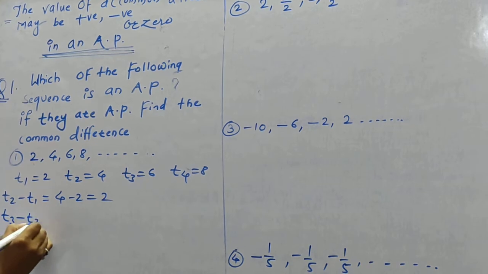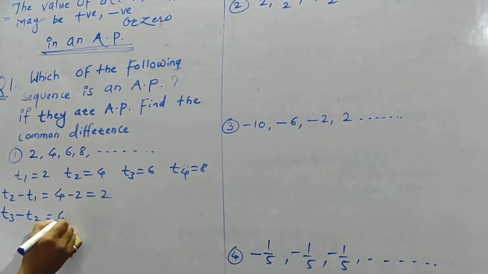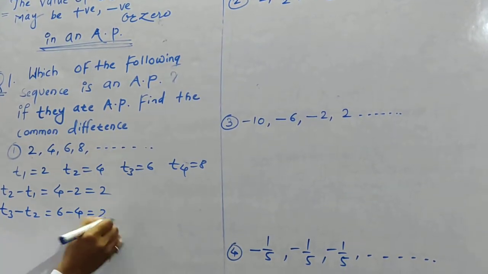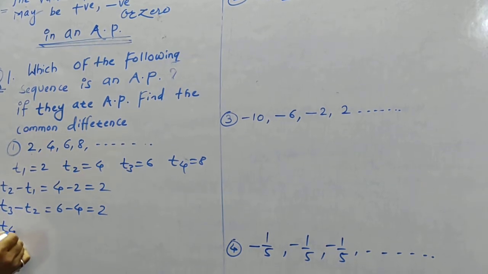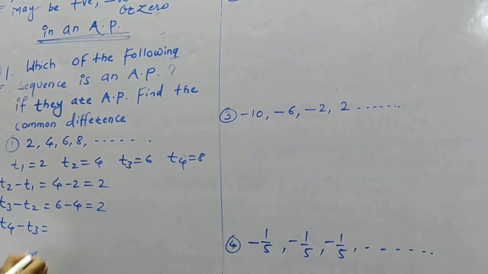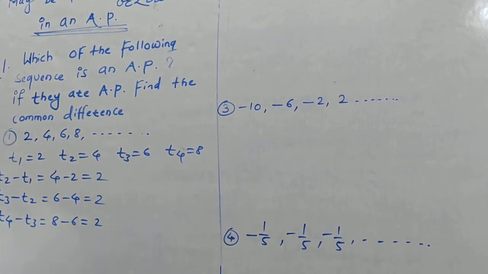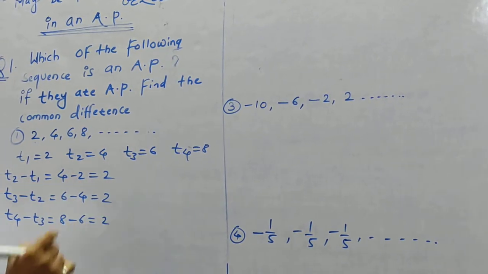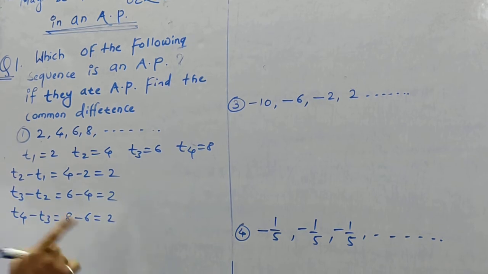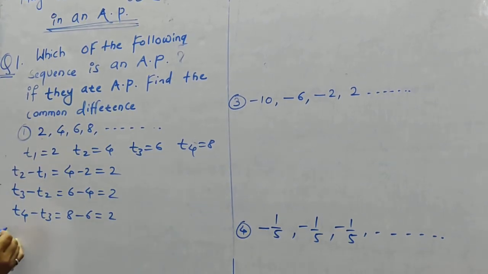T3 minus T2 is equal to 6 minus 4, which is equal to 2. T4 minus T3, 8 minus 6, equal to 2. Now you can see that the difference is common. Common difference is the same. Now we can say